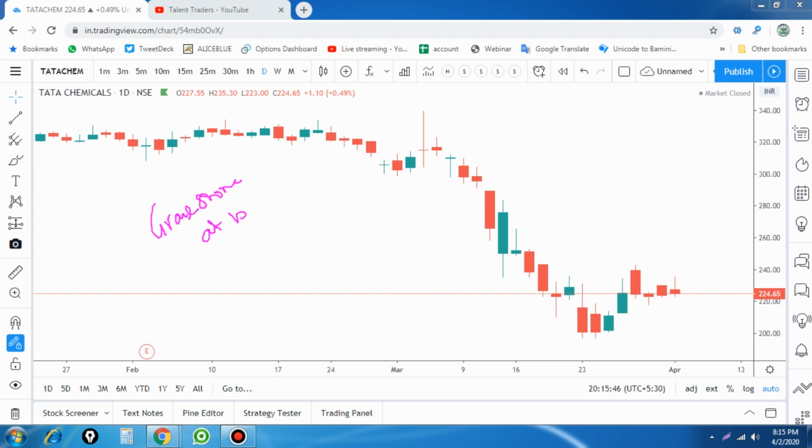So the Gravestone doji we can use in two ways, one at the top and another at the bottom. At the top, it indicates the candlesticks forming higher in nature, and it forms like this, and the second candle is black in nature, so we get a sell signal, and this is my stop loss. This is an important reversal candle.